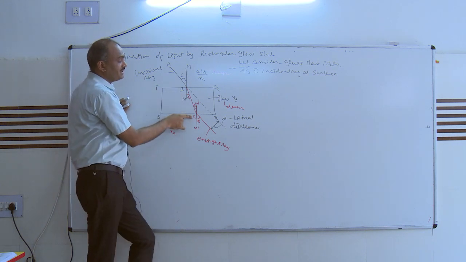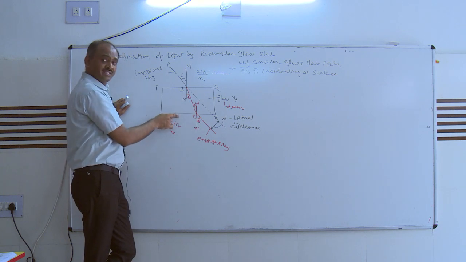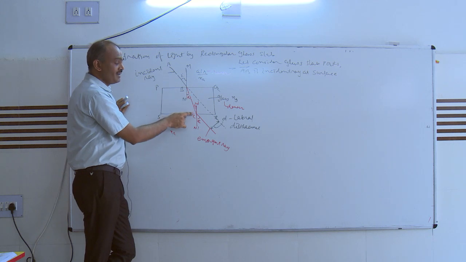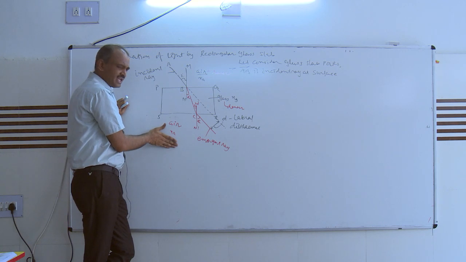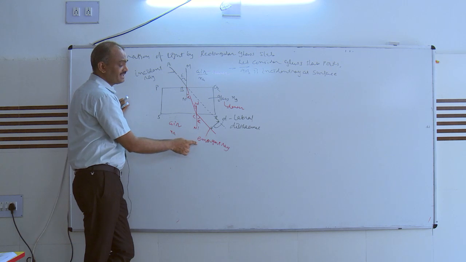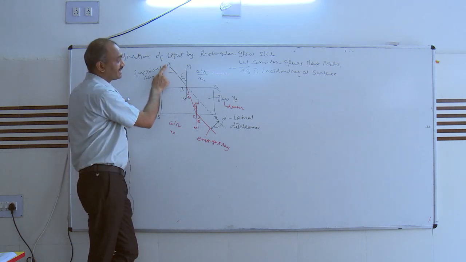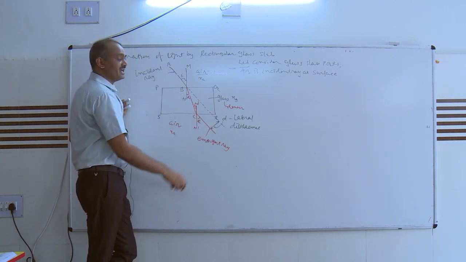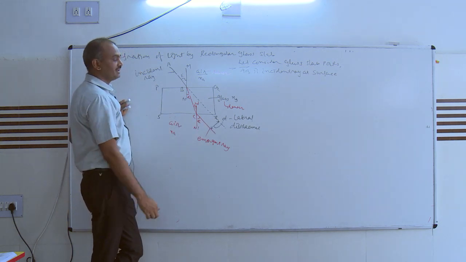Now this BC, the refracted ray for the first phase, becomes the incident ray for the second phase. So here angle R2 becomes the angle of incidence. Now this ray enters from denser media to rare media, so it goes away from the normal. Here we get the emergent ray, and this angle is the emergent angle. If we extend the original incident ray, we get it over here. It means these two rays are parallel, and here we get the lateral shift, known as D.